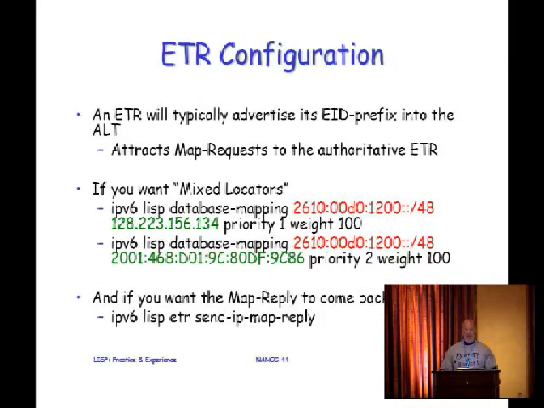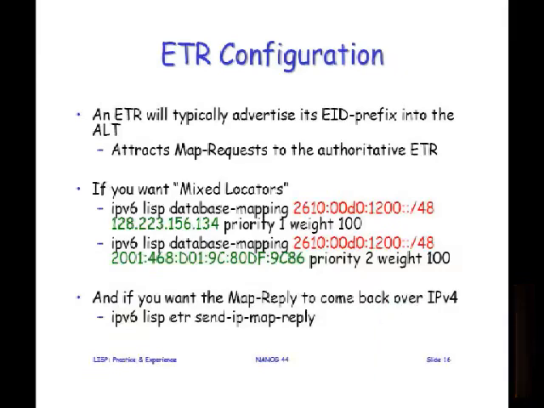Priority 1, weight 100. And then the other one is the same thing only with IPv6, but don't use that one unless the IPv4 one isn't there. So what this has the effect of doing is, when I send a map request for this EID prefix, I send it back over v4. Or you can send it back over v4, and if you want to force that to happen, you can say IPv6 Lisp ETR, send it over IP. Remember, IP means IPv4, not IPv6. So we're able to kind of connect. We can do 4/6 pretty easily, and I haven't really tried 6/4, but that ought to work too.